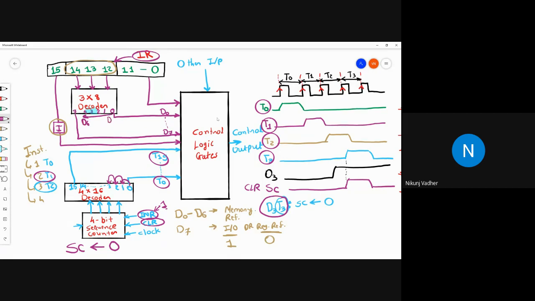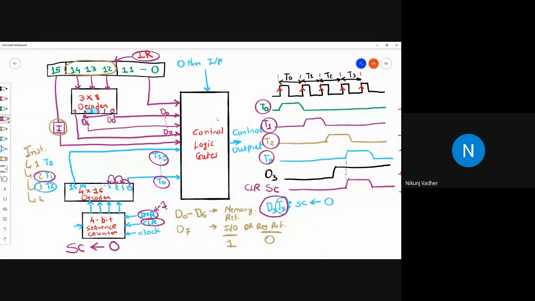If it is IO or register reference, then D7. So it will be decoded over here. Then the sequence counter will start with 0 and be incremented by 1. The role of the decoder is simply to convert binary input into decimal.